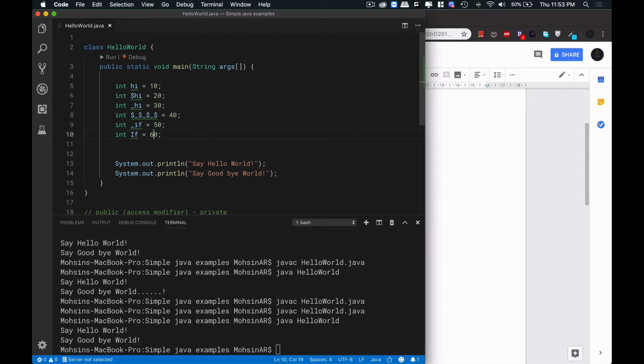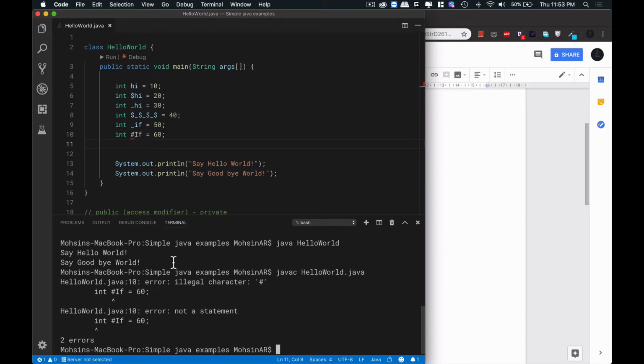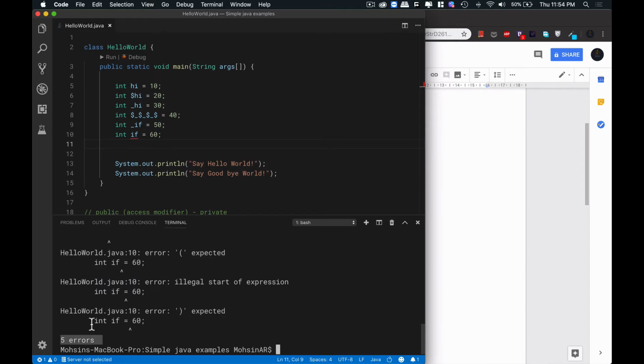If I place a hash before this, let's see, will it compile or not? Now see, it gives me 2 errors. If I make it smaller, then 5 errors. If I place an underscore before this,